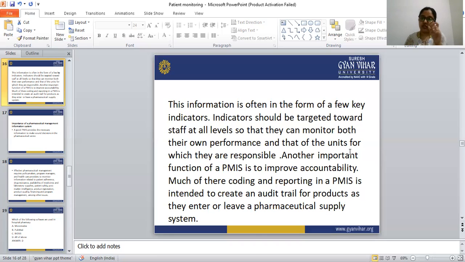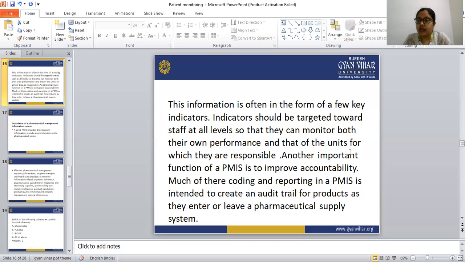This pharma information system can also help the pharmacies manage inventory control and all. If there is any shortage of an item in the pharmacy, the computerized system can send a message or an email. They can remind for purchasing new drugs. So this PIS as well as the computerized patient monitoring system, both are very useful. The use of the computer in the healthcare system is a very important part.